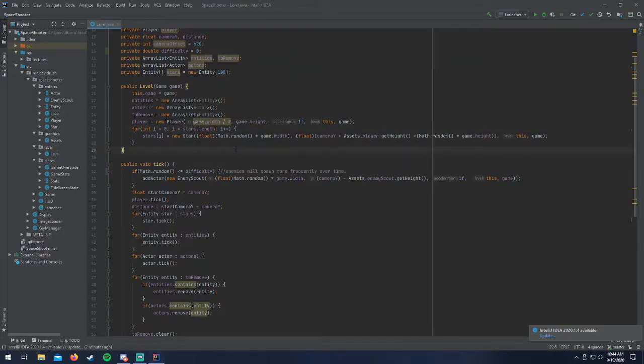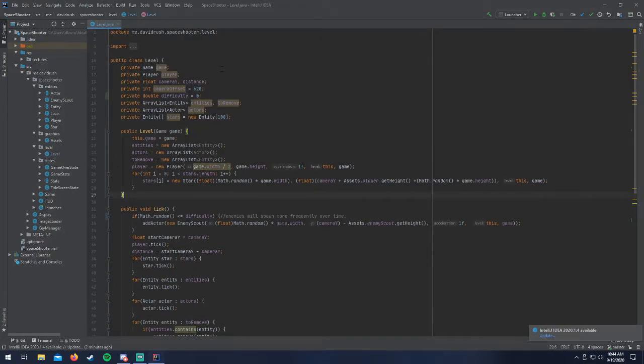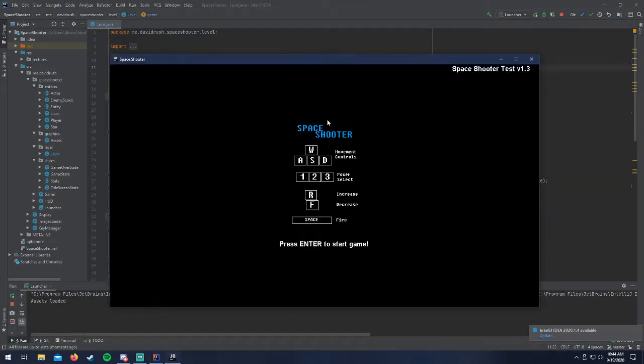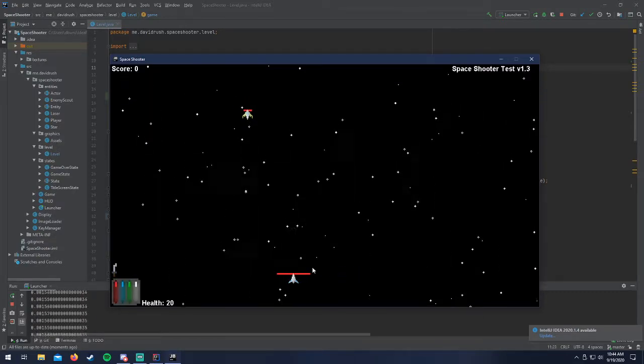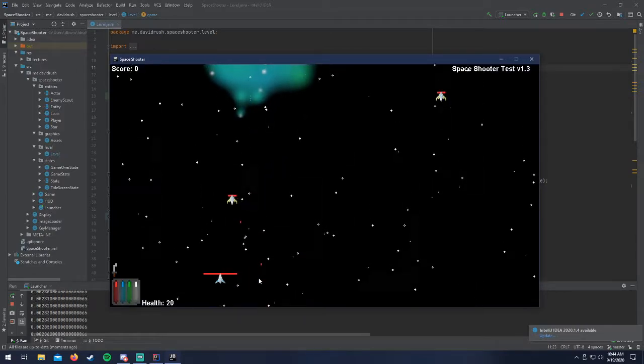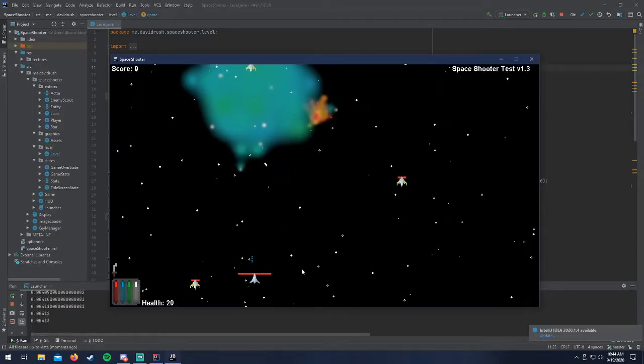Alright, so there's also a few more classes. Last time you saw the game, there was just a scrolling background, and now there's a title screen. By the way, I plan on changing the controls because the way you change the power settings for your ship is just not ideal. But if I play the game, you'll see I have a player and I can shoot enemies, and I have